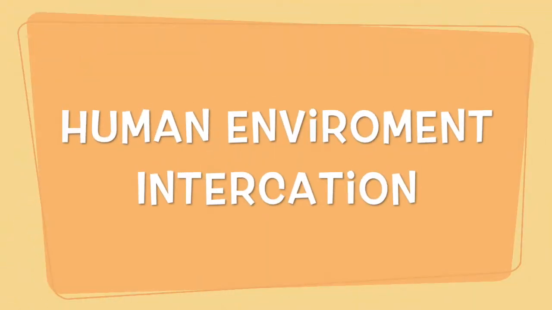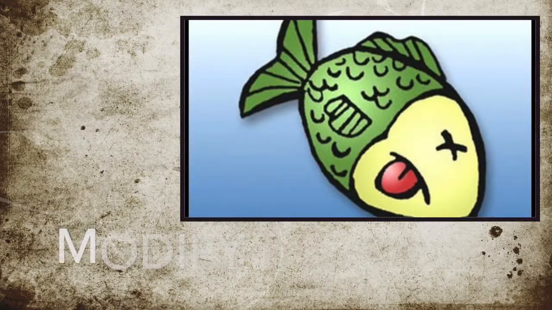Enough with the commercials! Next, we're going to talk about human-environment interaction. Human-environment interaction is how humans basically interact with the environment, like it sounds. So, unlike place and location, human-environment interaction is broken into 3 parts: how people modify, adapt, and depend on the environment. Greenland is modifying the environment by declining the total number of fish.